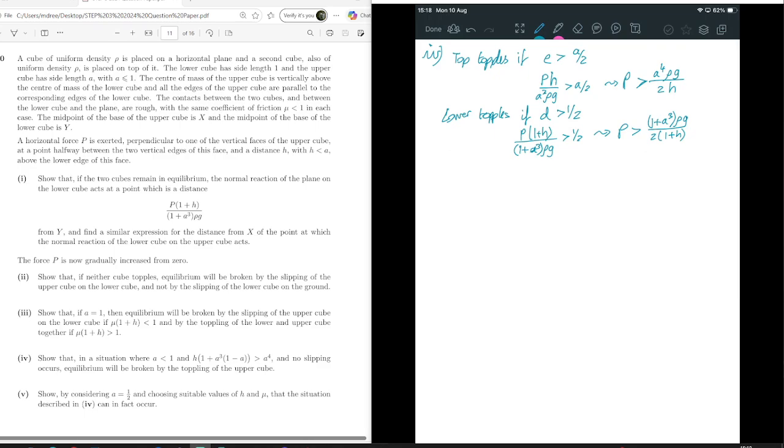We want to show that in the situation where there is no slipping, equilibrium will be broken by the toppling of the upper cube. So we want to basically compare these two conditions again and see which one is easier. I'm trying to consider the best way to tackle it. We're in mechanics, so I'm going to be a bit fudgy with some of my implications here. So I'm going to say with the upper topples first,